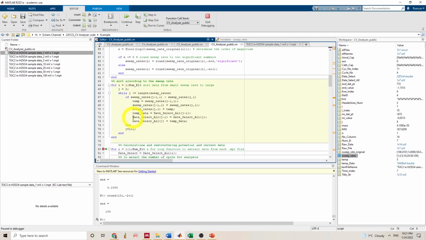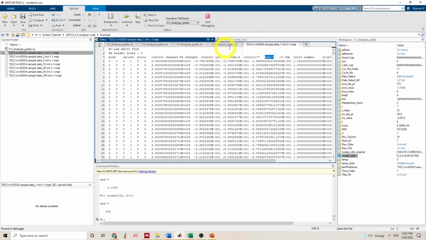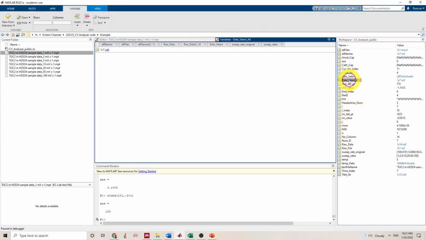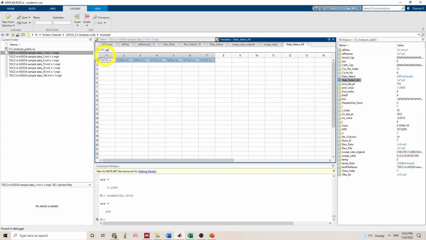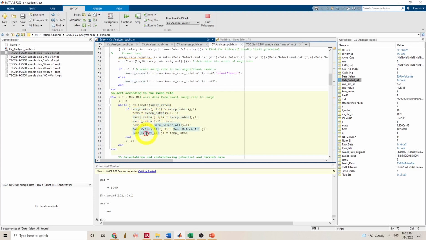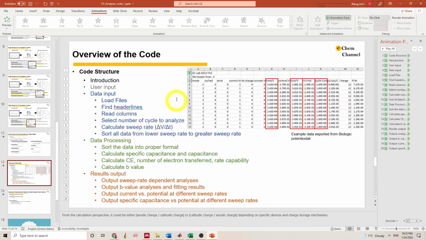One thing to note here is that at the same time I reordered the sweep rates, I also reordered the data select all. If you remember, the data select all contains the 7 columns, which follow the same order as the sweep rate. I sorted it at the same time as my sweep rates, so the data in the cells are also sorted. So if we go back to our outline,